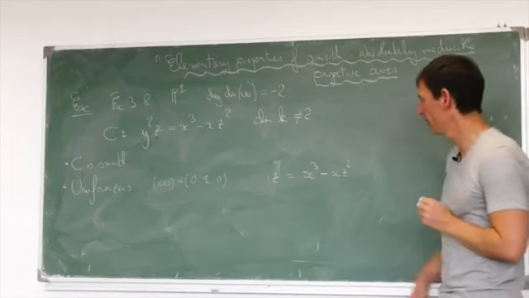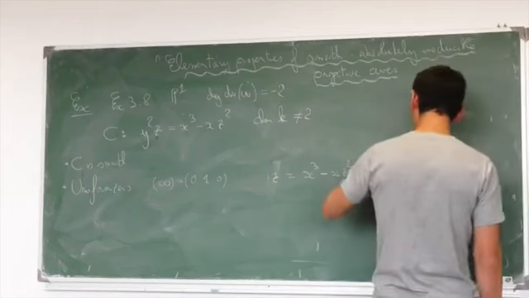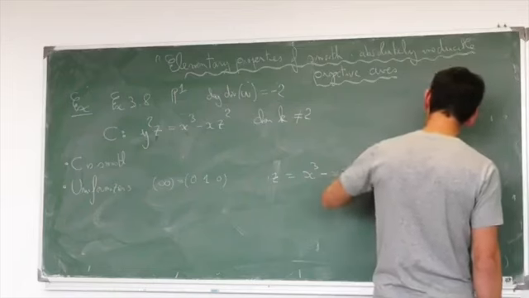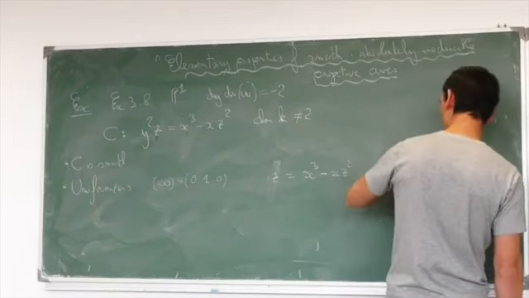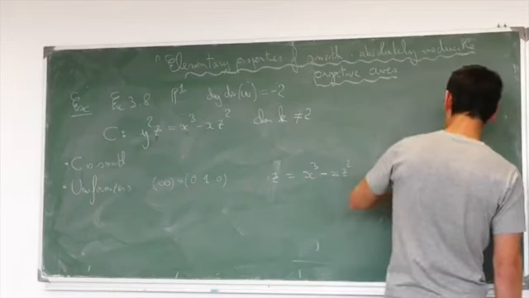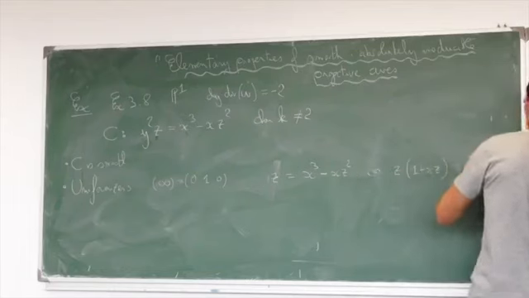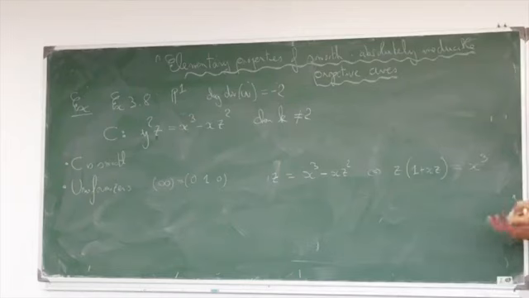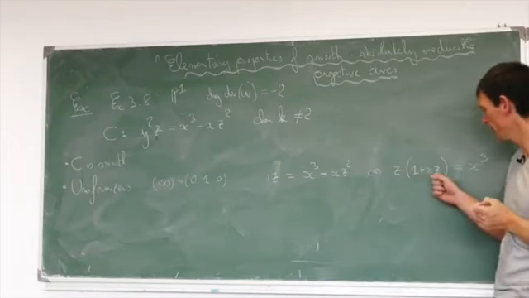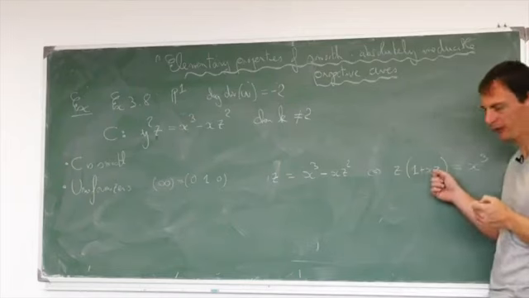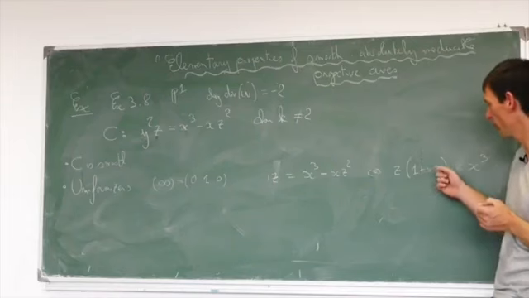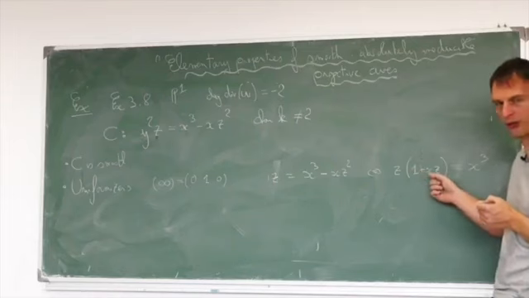I let this term go over there, so I have z times 1 plus xz equal x cubed. And now I'm happy because 1 plus xz, when x and z are 0, I mean at the point 0, 1, 0, this is 1, so this is invertible